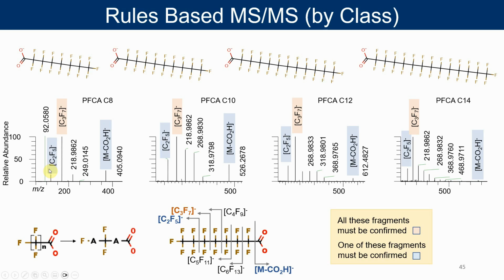And I need to see either C2F5 or the loss of carboxylic acid, and C3F7. C3F7 often being the most common fragment that occurs. The closest bond to the terminus is also the weakest, because the fluorines pull the electrons from this carbon, actually creating a weaker bond when there's not that pull. So for example, for the C2F5. But anyway,